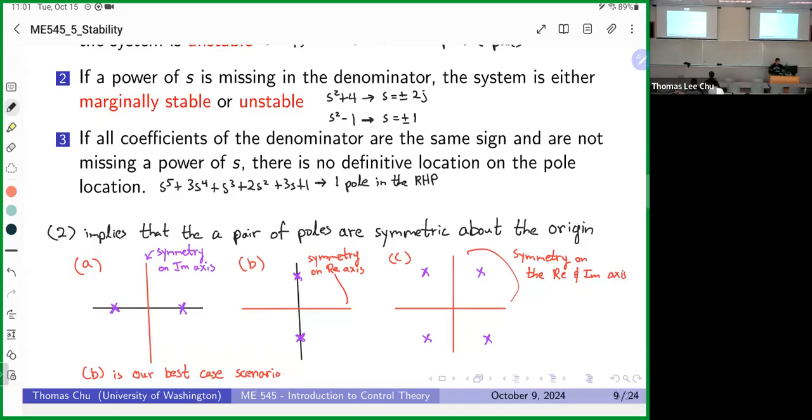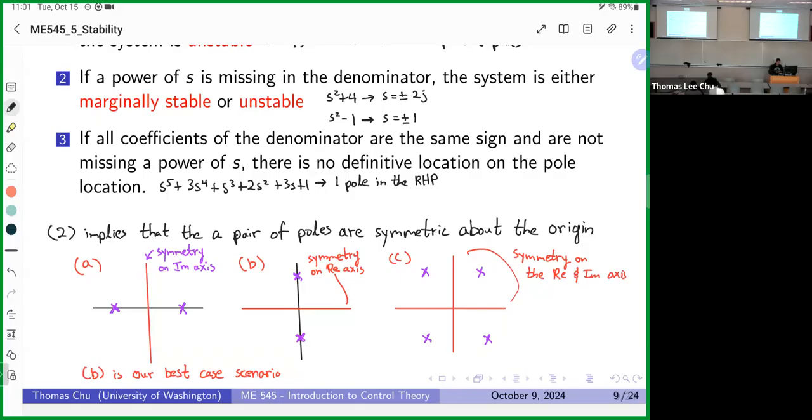All right, so usually we hope for either case 1 or 2 on homework and exams. Case 3 is usually what you'll see though, where there's no missing powers and there's no sign changes. But this is still a helpful trick for you to immediately tell if a system is stable or unstable. Usually I just look for sign changes. And then if I see a missing power of s as well, then I know that